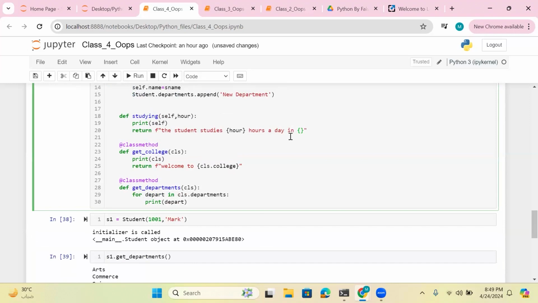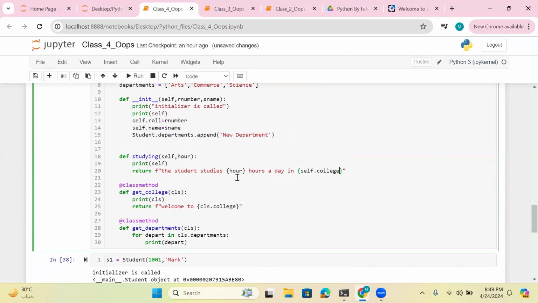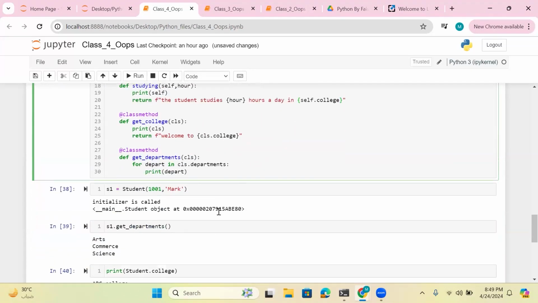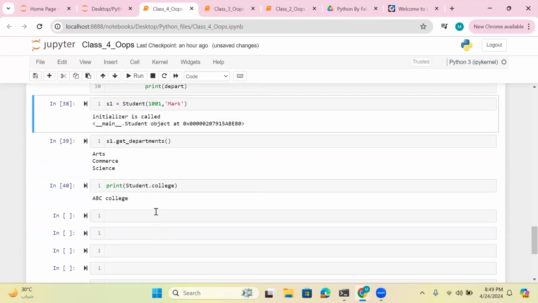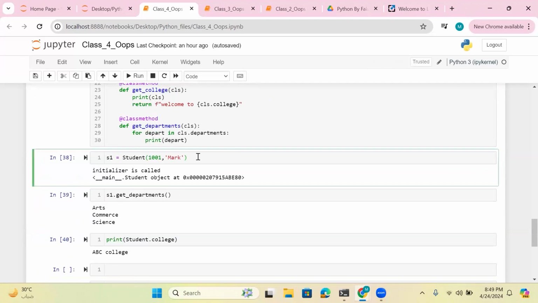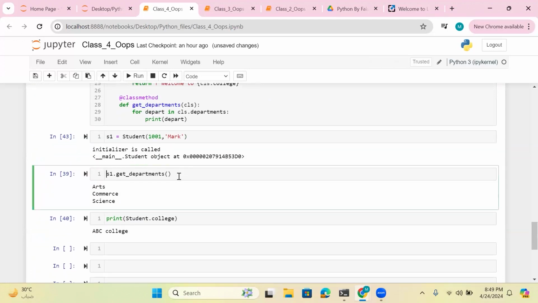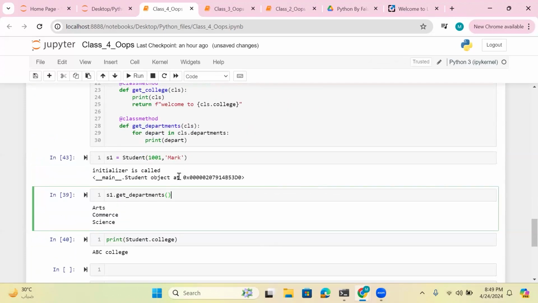We'll try to specify the name of the college. Okay, now I'll just create that. State roll number, name. In last year, yes. Now,